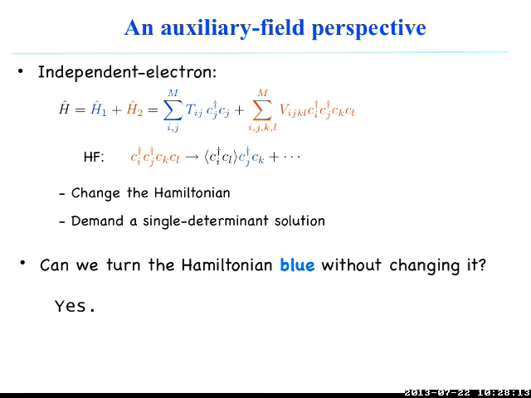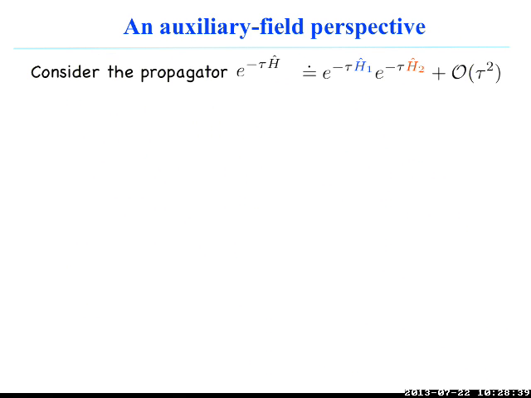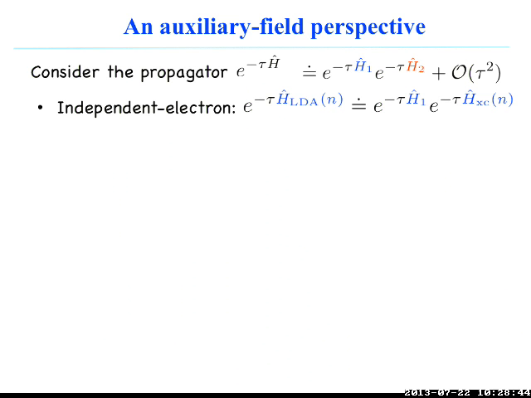a words game, but yes. If you consider this propagator, e to the minus tau h, where tau is going to be small, a time step, then you could write e to the minus tau h in this form, tau h1 and h2 with higher order terms. In practice, we're going to make this more symmetrized to go to higher order. But for the thought experiment, just think of tau as going to 0. So if you consider this propagator written here, then the independent electron propagator, HLDA, as we said before, we just replace this red by a blue,